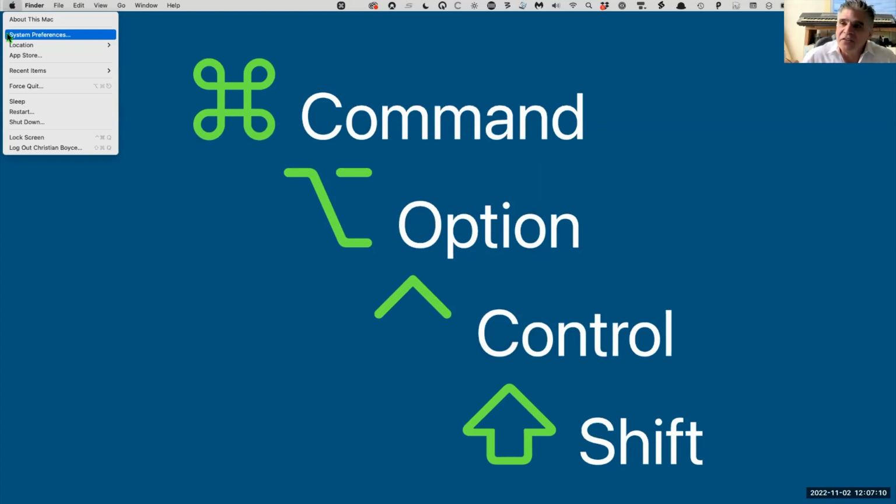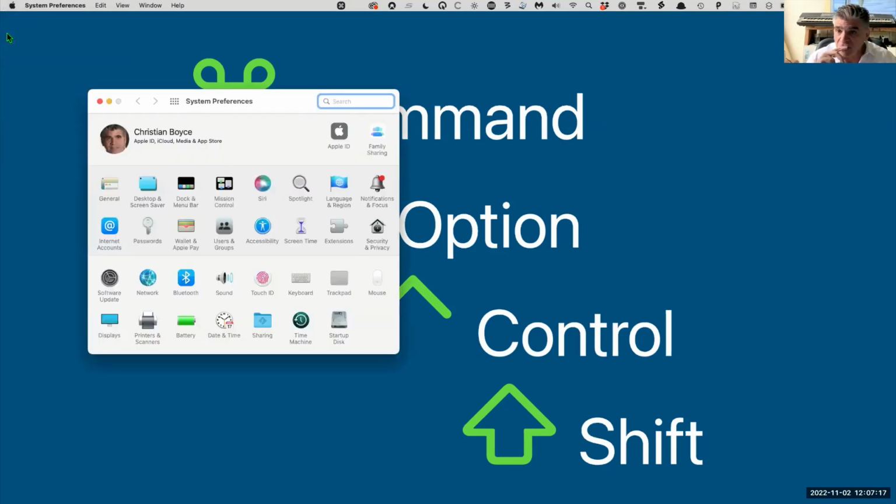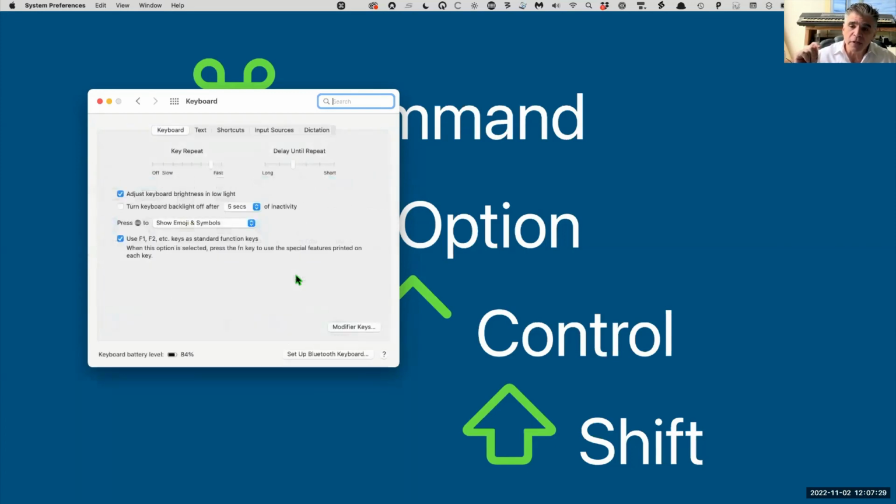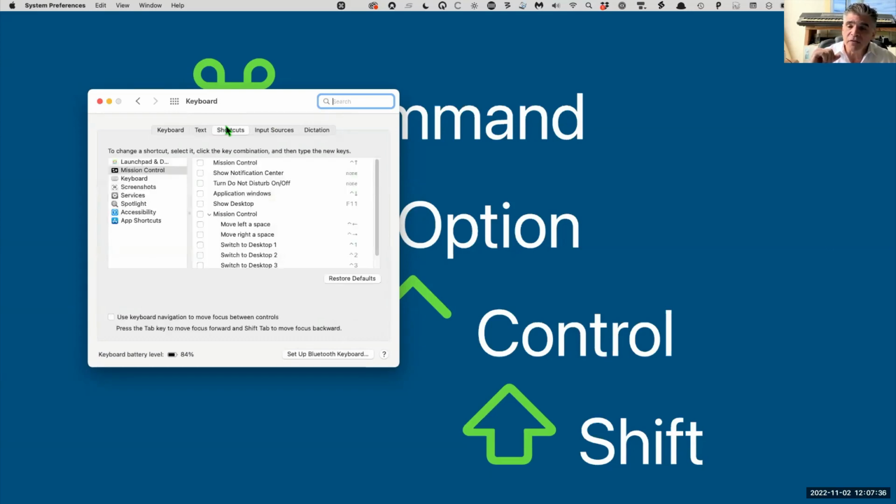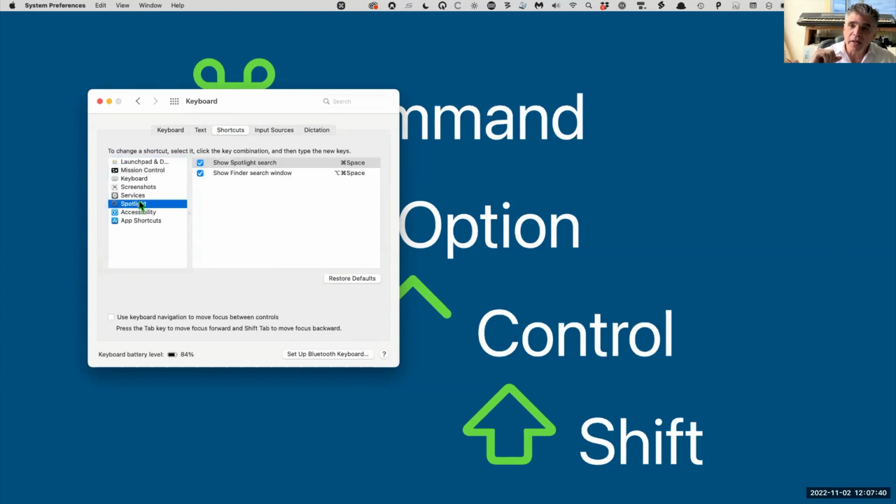All right, great question. So yeah, in fact, I was heading there, but I forgot about that. But in System Preferences, there's two ways to do it. This is the free way. This is what everybody can do. And then there's a pay way too. So the free way is you get to the keyboard preference pane here. And luckily they call them shortcuts. So if you click here on shortcuts, you can see these different things that have shortcuts for them. So Spotlight, for example, I've got it as